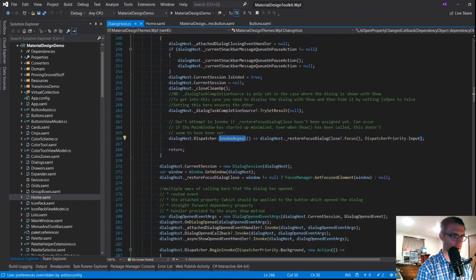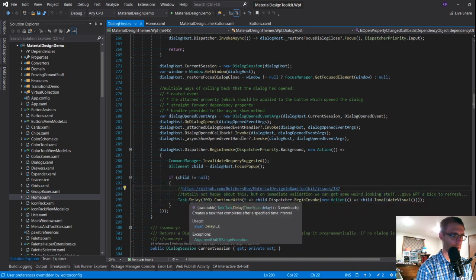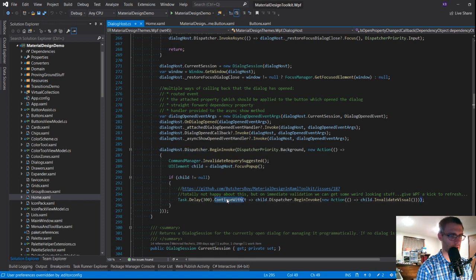But there's a couple of callbacks in here, and I'm wondering if this is causing any problems. So this, task.delay continue with, and then kicking it basically to make it run. Not a big fan of that. Not a big fan of it.